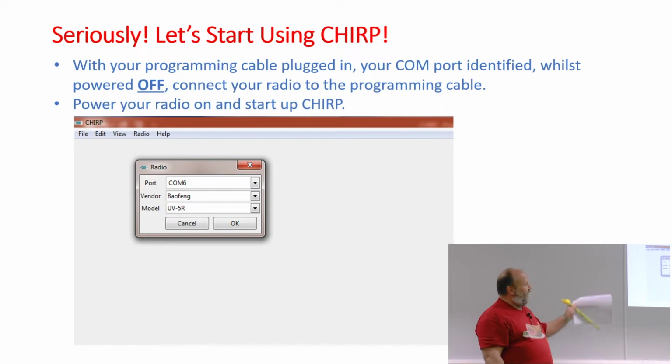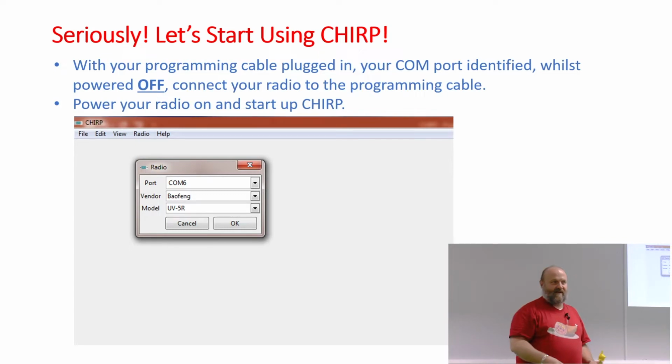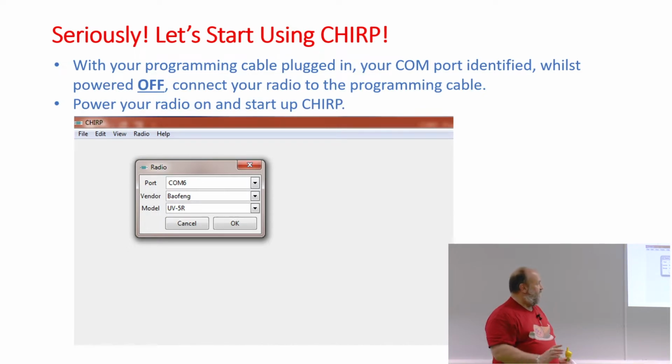So if you click on that drop-down menu on the right-hand side, it will give you a whole list of radios: Icom, Yaesu, Kenwood, you name it, there'll be a whole list in there. So start off by clicking and selecting the vendor. And then once you've selected the vendor, it will then give you a list of all the models that are